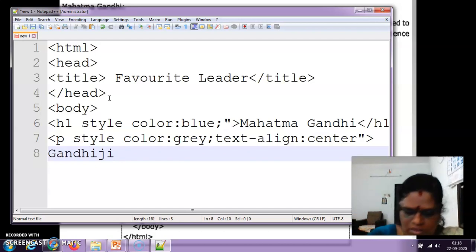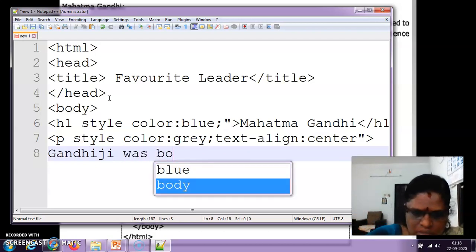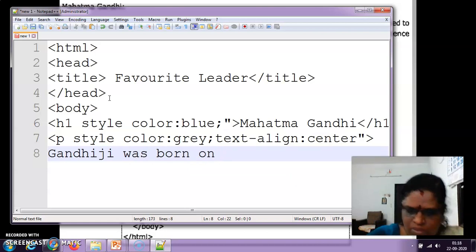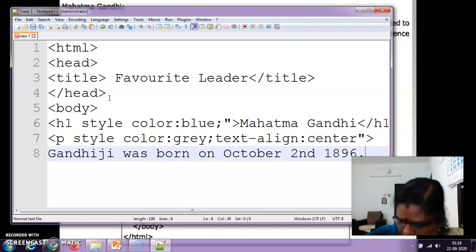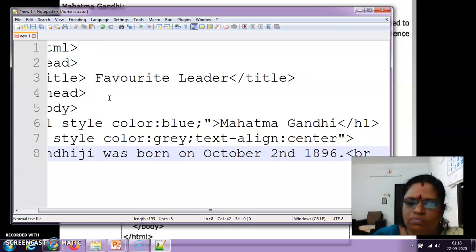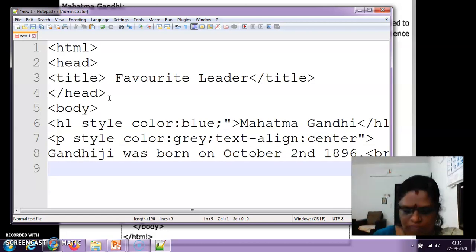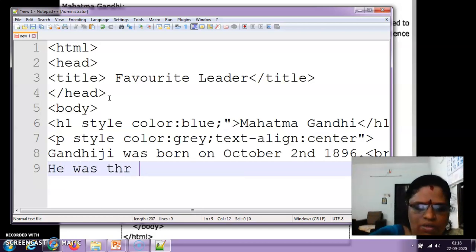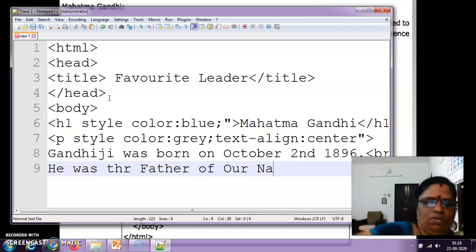Gandhiji was born on October 2nd, 1896. Likewise, you want to write all the lines, one line each. He was the father of our nation, right?